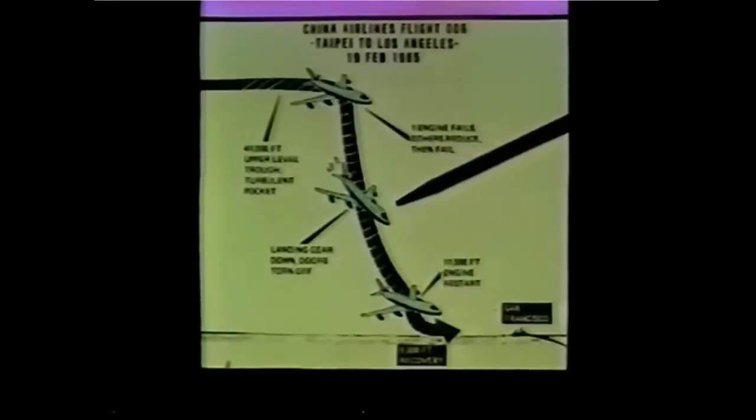So one engine flamed out, and then all the others failed, and this thing fell. The pilot struggled with the airplane, began to regain control as he got much lower, down around 15,000 feet. Meanwhile, the landing gear had come down, the door fallen off, damaged the tail. He finally got control of the thing down around 11,000 feet, some control. The engines began to restart, and at about 9,000 feet, he got her under control again and managed to fly that thing into San Francisco, the nearest airport, and land.